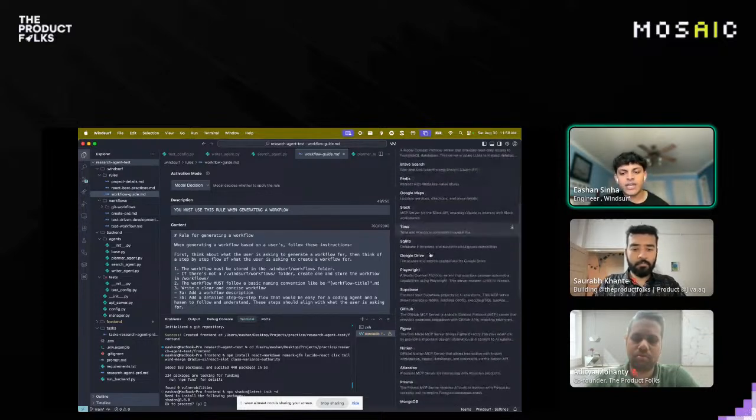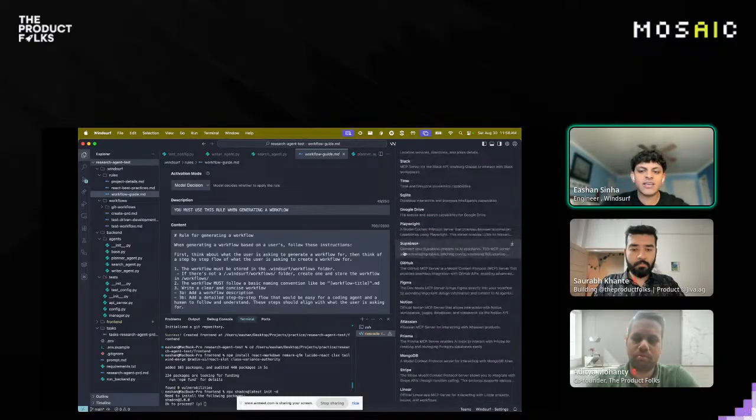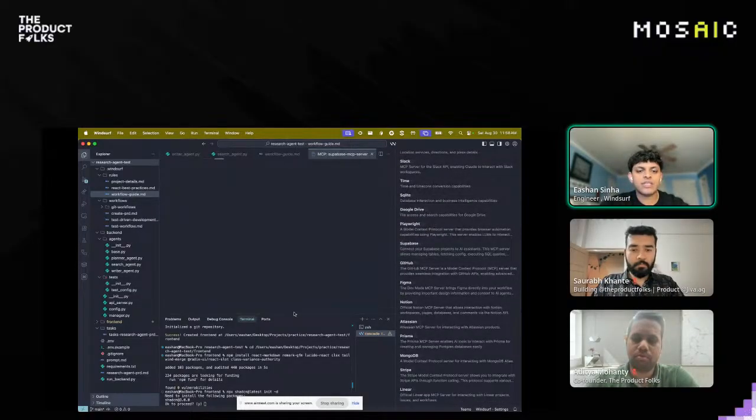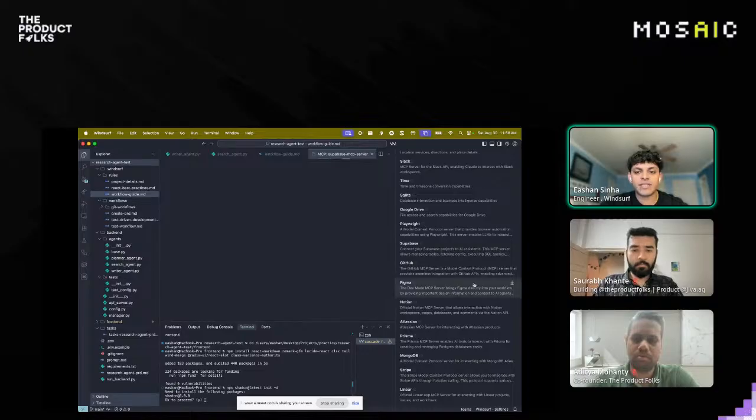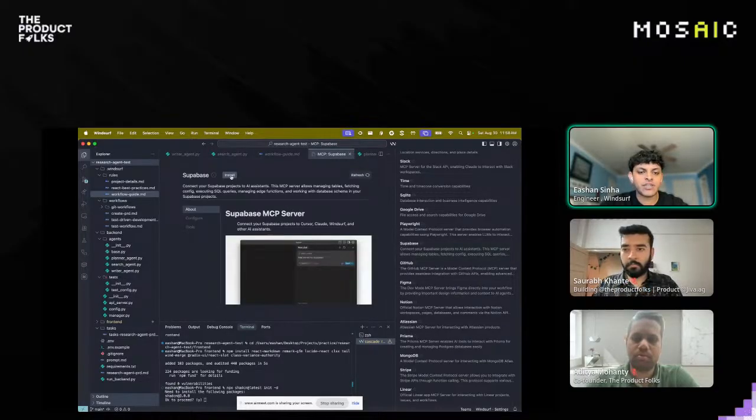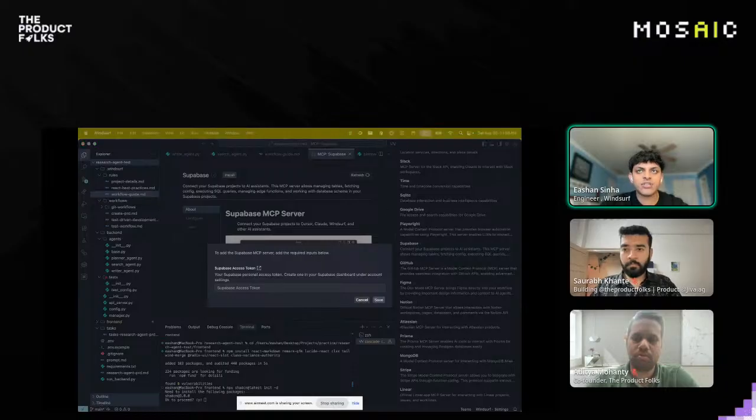What we have here is the store that you can easily install and connect to any service, right? The database that I want to use here is the Supabase database. So I'm going to go ahead and install the Supabase MCP server. I see that I need an access token, so I'm going to open this up and generate a new token. I'm doing this off screen to hide the API key, but let's just see